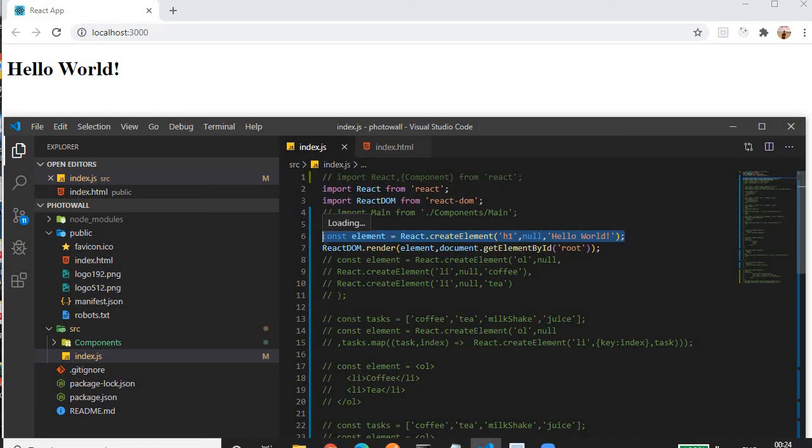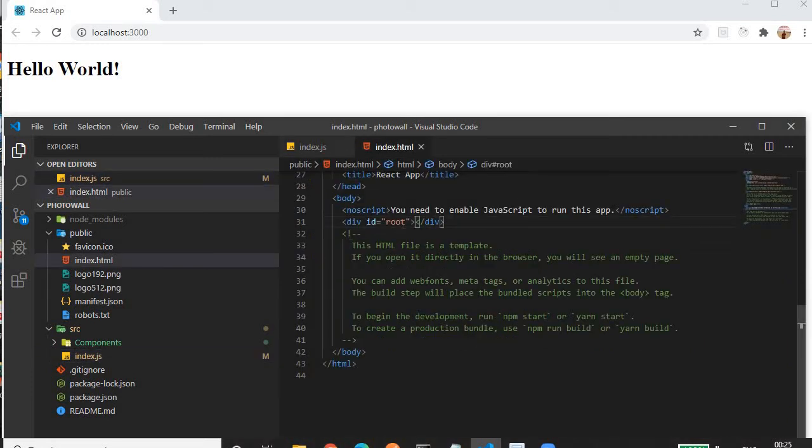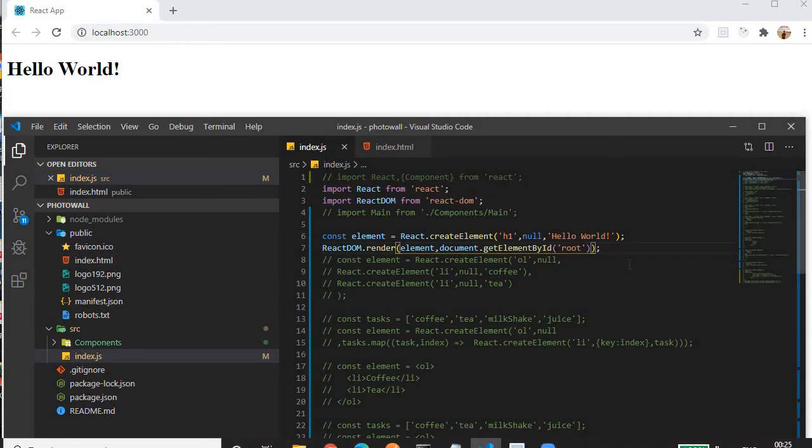Now we want to render that object. How can we render? For that we need React DOM. That's why we have to import ReactDOM from react-dom. Then on ReactDOM we have a function called render. To render we have to pass two parameters. One parameter is the object that we want to display, and the second parameter is the container to which we need to attach that object so that it will be displayed. The container should always be the div element having an id equal to root, which is present in index.html, because it is the main template which is rendered in our browser, in our application.